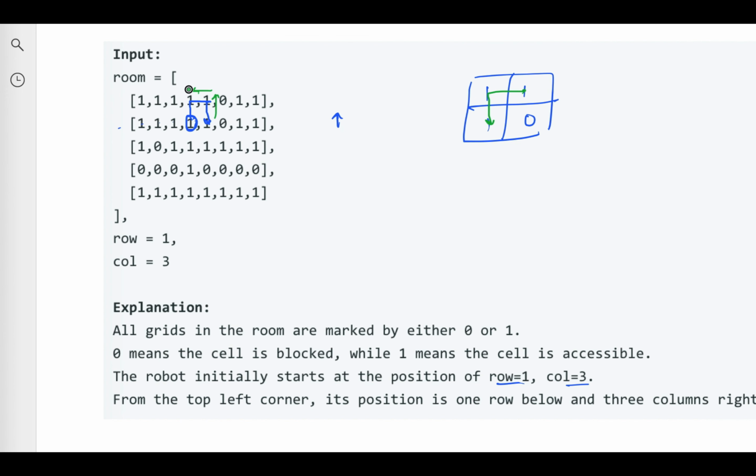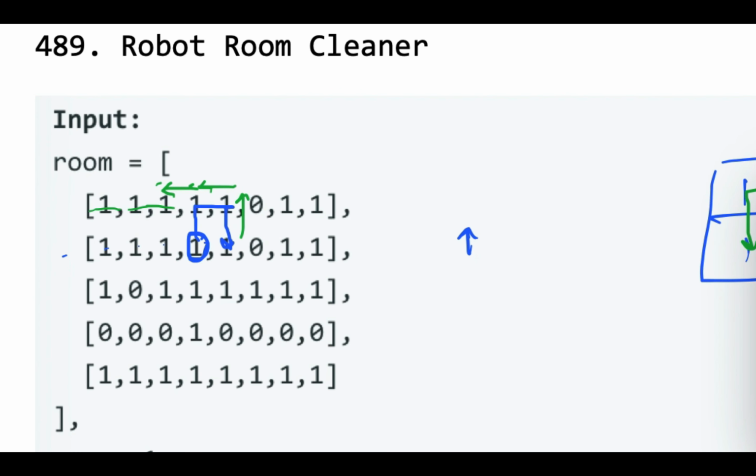Then we can say robot.move, and then we can move, right? Like this, we can visit each and every cell. So we just have to show an algorithm for how you can visit each and every cell that contains 1. Whenever we have an obstacle, we will try to turn left or right and take any of the available directions. So let's say we have obstacles in all the directions. Then what can we do?